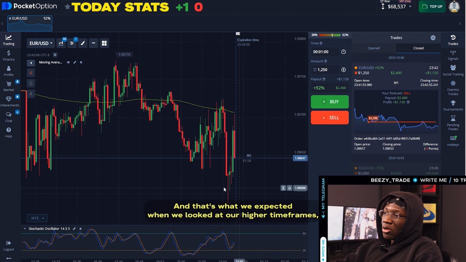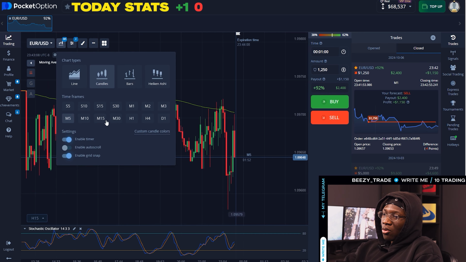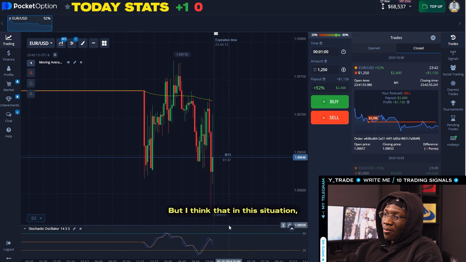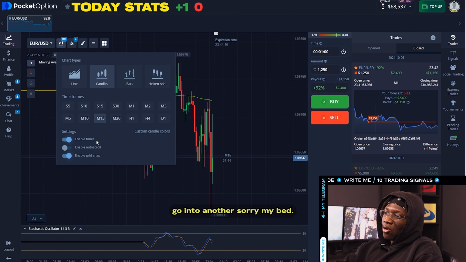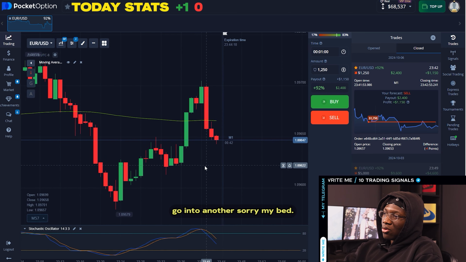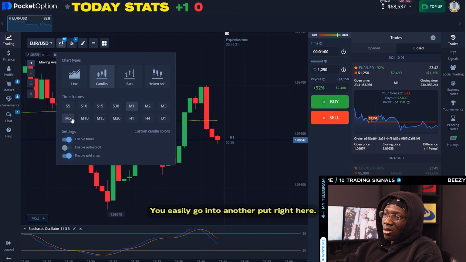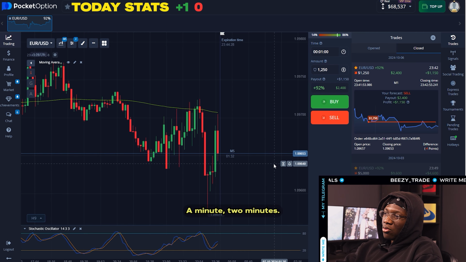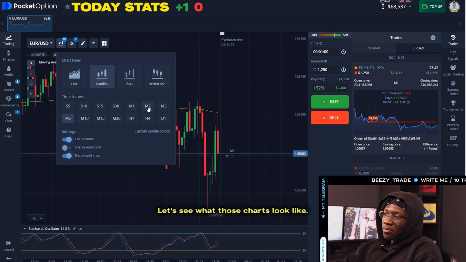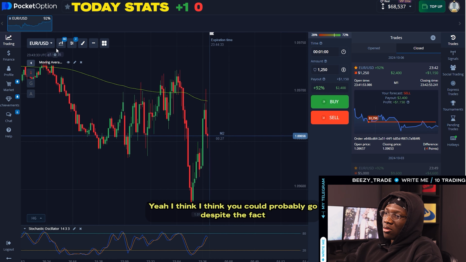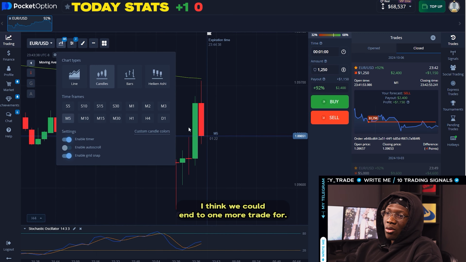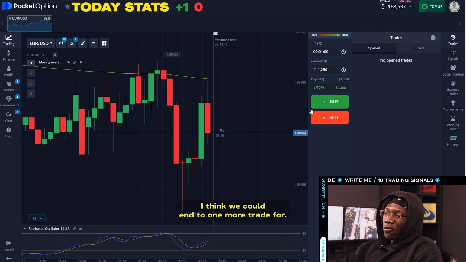And that's what we expected when we looked at our higher time frames, which is also good. But I think that in this situation, you could easily go into another put right here. I think you could go put for a minute, 2 minutes. Let's see what those charts look like. Yeah, I think you could probably go, despite the fact that on 2 minutes it does look like it's pulling a lot higher. I think we could enter one more trade for